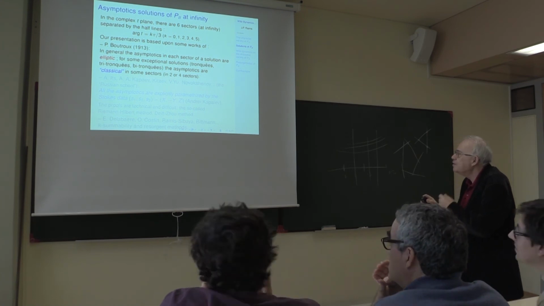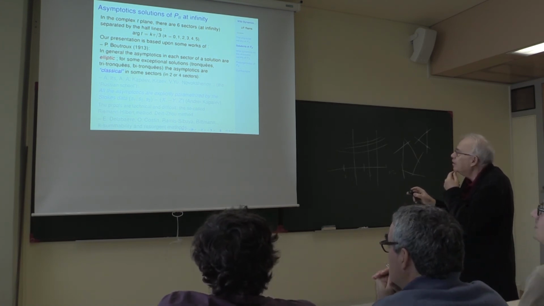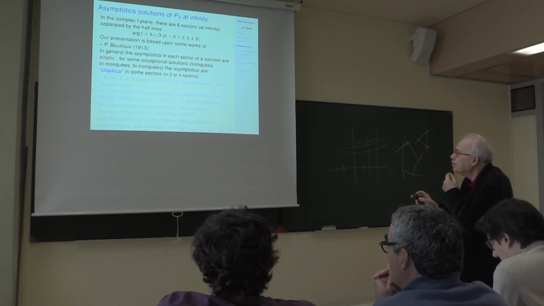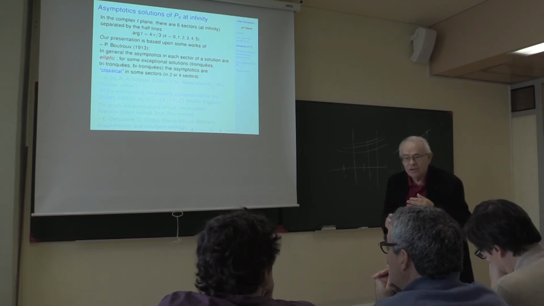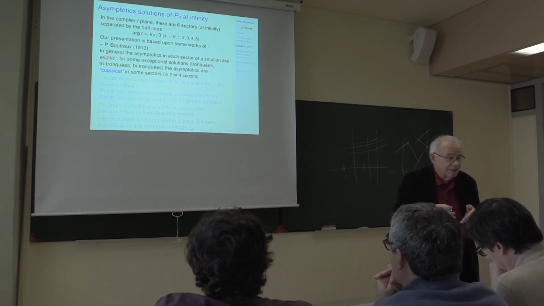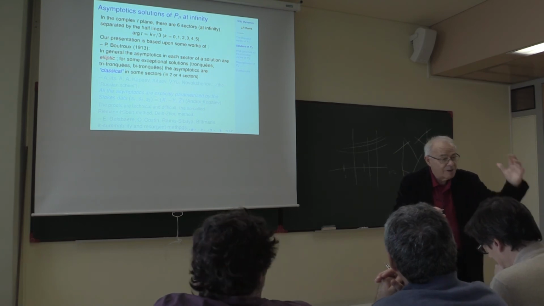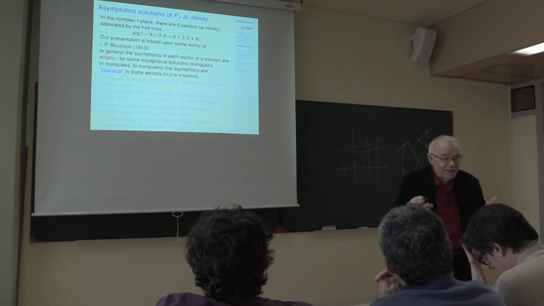But what is interesting is that there are some exceptional solutions that Boutroux called tronqué, tritronqué, and bitronqué. For these special solutions, there exists a classical asymptotic in some sector. In the remaining part, you have accumulation of poles, but in some sector it's nice, and we have classical Poincaré asymptotics.